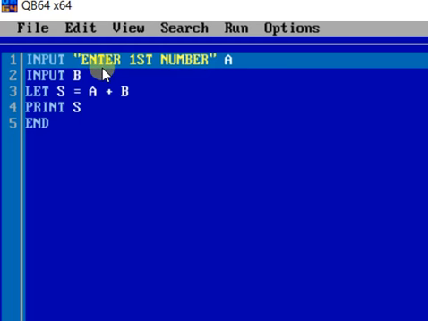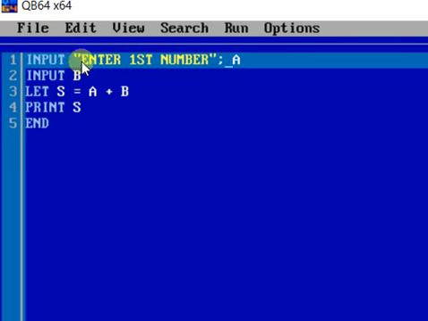So now it is understandable to the user what I am going to give. That means I have to give a number. After that, we have to put a semicolon. After the semicolon, we have to give the variable name in which our value will get stored.